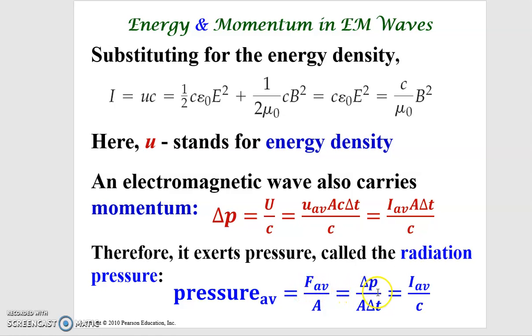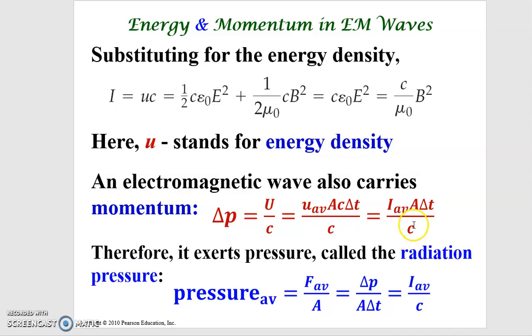It is the change of the momentum with respect to time. Now there are two different kinds of concepts. Here, this is the pressure. Pressure is the force divided by A. And the average force is the difference of momentum divided by delta T. So don't confuse the delta P here and the pressure here. And now, because you know the delta P can be expressed in terms of this,